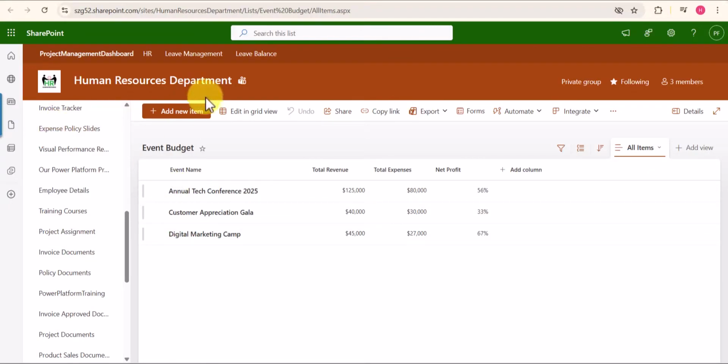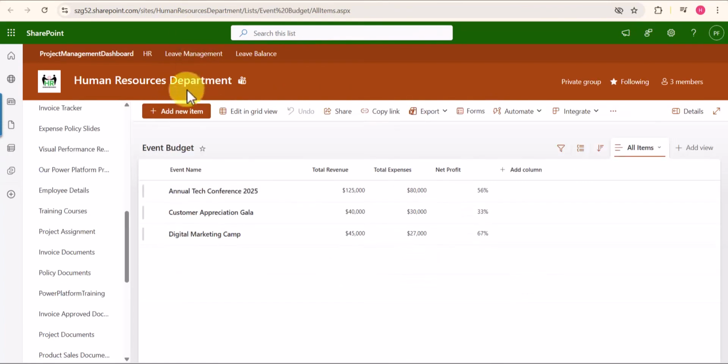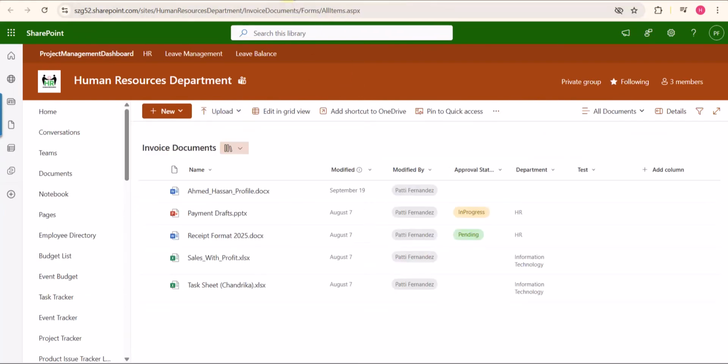In the SharePoint list and the document library, you can see there is a command bar which contains some default buttons like add a new item, edit in grid view, undo, share, copy link, export, forms. Some other commands are also present in this overflow command bar, right? Same in the document library: new, upload, edit in grid view, and some other commands are present in this overflow